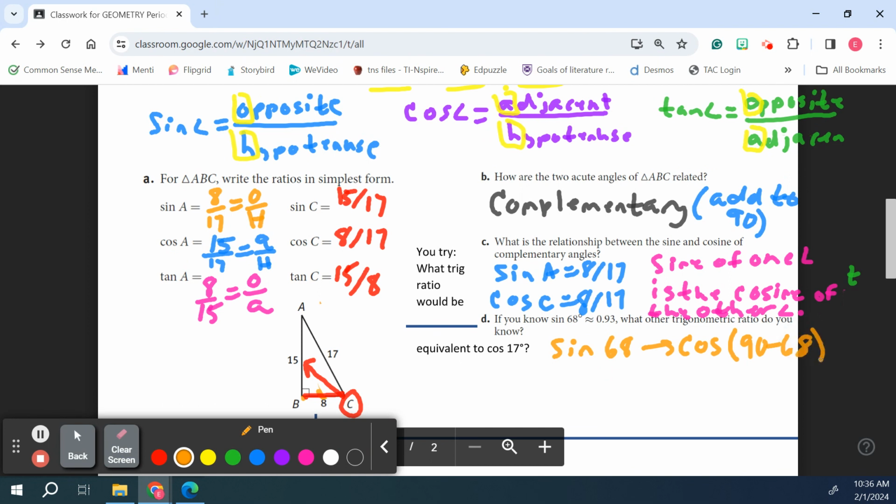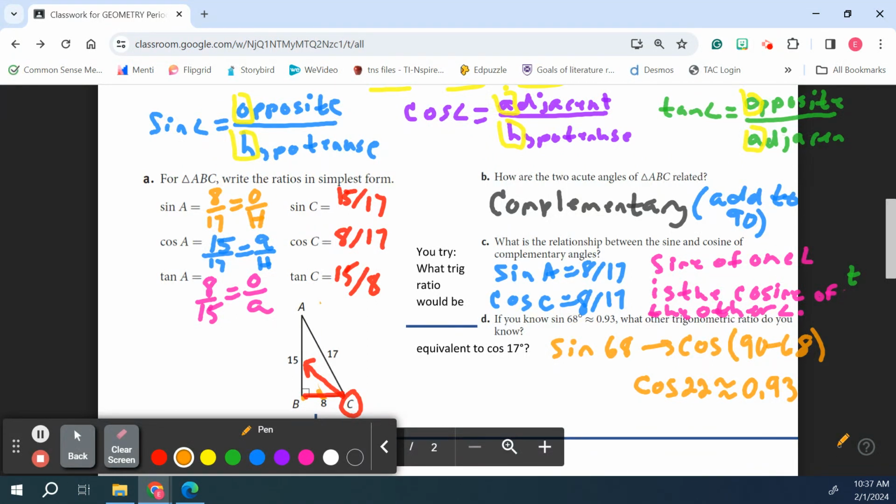What'd you get? 22. So that means I'm going to be working with the cosine of 22 degrees, which should approximately equal 0.93 as well. And we're going to check our calculators with that, okay? So just type in the sine of 68. We're getting about 0.93. Now type in the cosine of 22. What do we get? Same thing, right? But in order to find the other, you have to subtract it from 90 degrees since they're